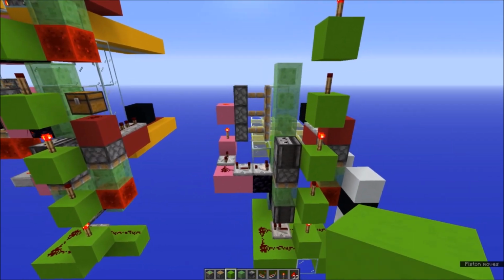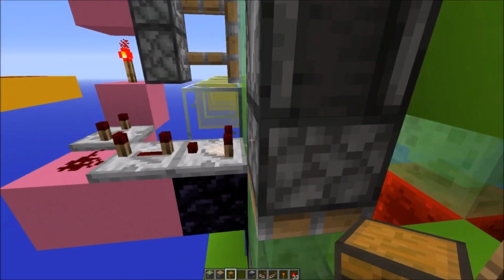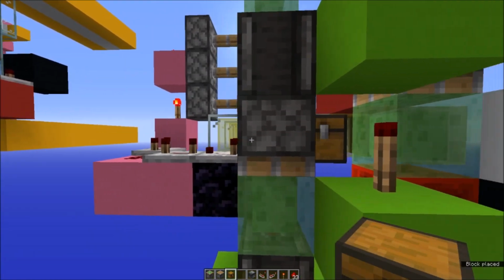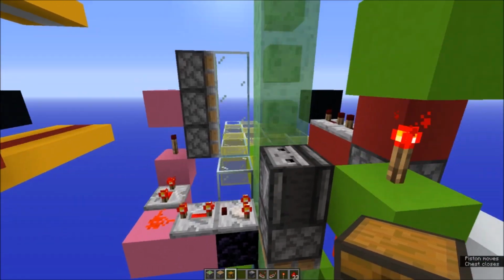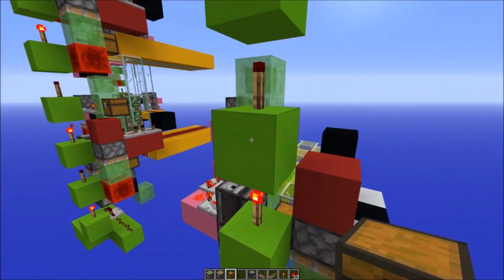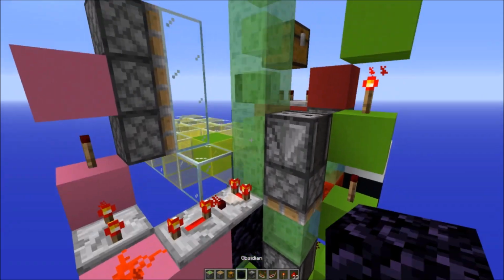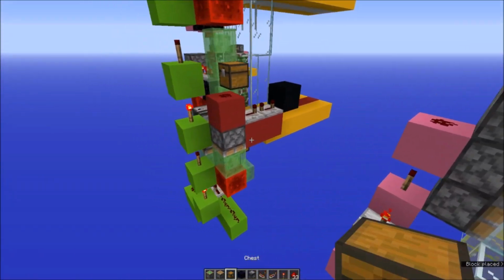Now, there is one more thing that we need to do really quick, and that is grab a chest, and across from this comparator, you're going to want to put, at this height, I'd say use a wooden sword, and this is what's going to tell the door to open. Now, to keep it open a little bit longer, we are going to want to put another chest right there, and then we're going to want to grab an obsidian block and put it here with another one, and then you guys can see